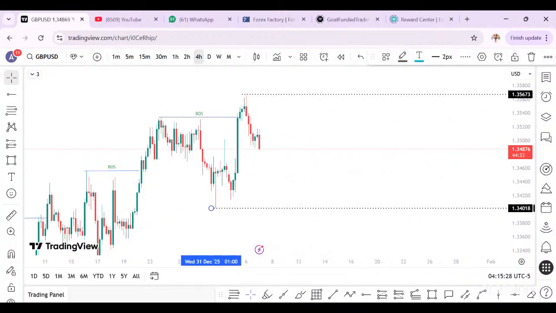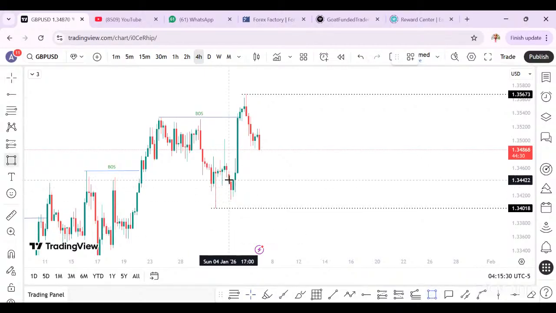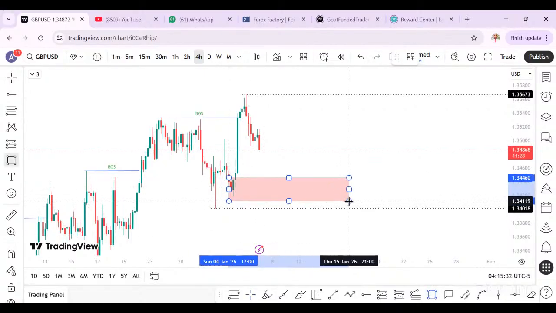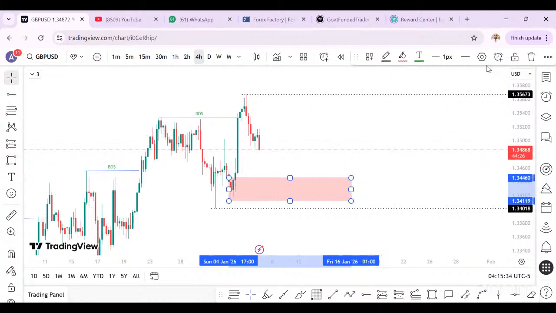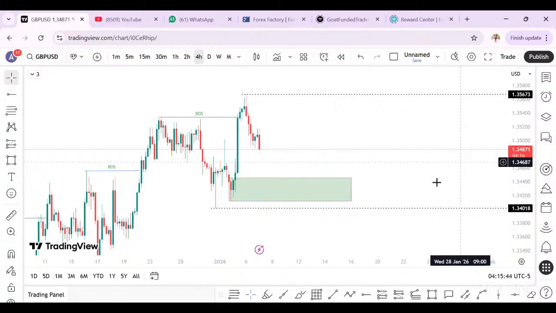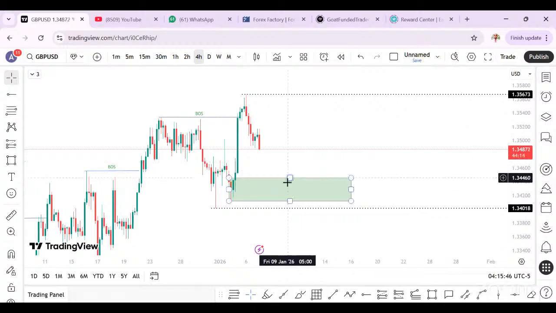So all you are waiting for, if you are a demand and supply trader like us, is to mark out your demand zone, something like this. That's your POI. Two things can happen. You can place a pending order and put your stop loss here, or you wait for price here. As it drops, you come to 15 minutes, wait for a change of character on 15 minutes, and buy.